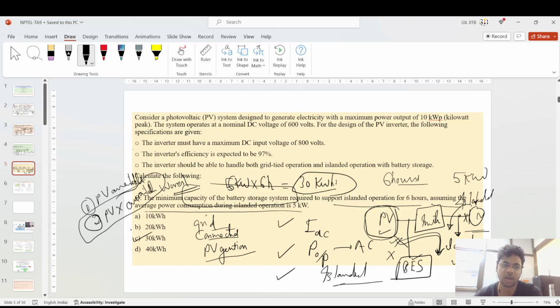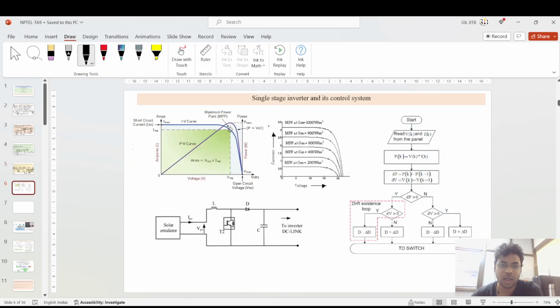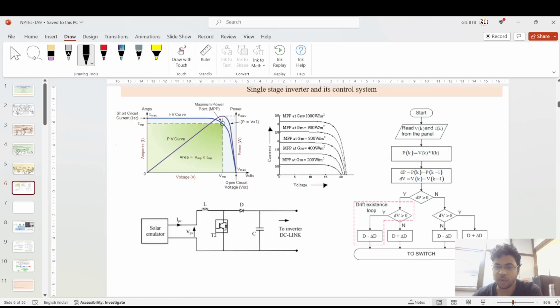There are multiple concepts in the islanded situation, when PV based systems are there. You must have certain control architectures for when the supplies would be operated, and the time of operation is also there. Okay, so coming to the single stage inverter and the control architecture, if you see this figure,